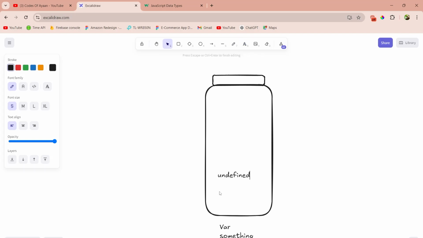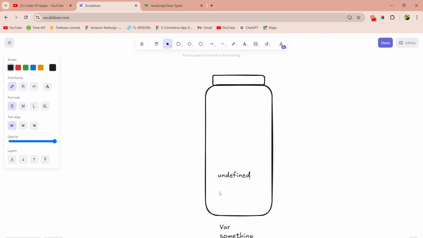I'm storing undefined. Now what exactly does this mean? I am telling my JavaScript, hey JavaScript, I want one jar, but right now I don't have anything to store. I don't have any products, in an easy way. Like your mother telling you, I gave you one jar, right now I don't have any products to store in this jar. So basically, just put it empty only